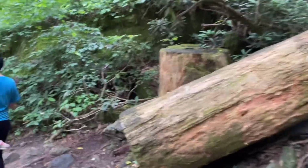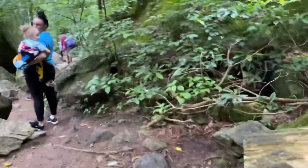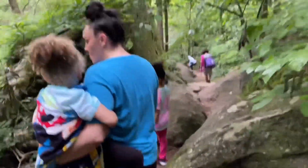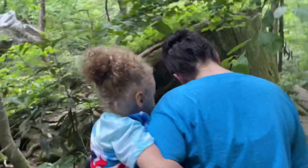Lanaya, what happened to the tree there? Did somebody knock it over, you said? I think someone cut the tree on my head. They cut the tree on your head? Well, I don't know about on your head, but...